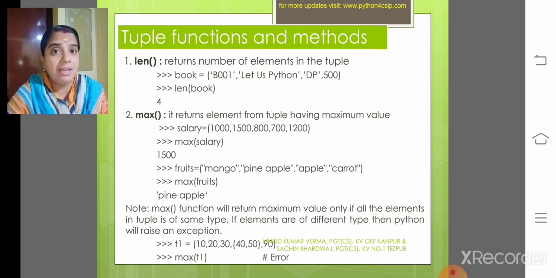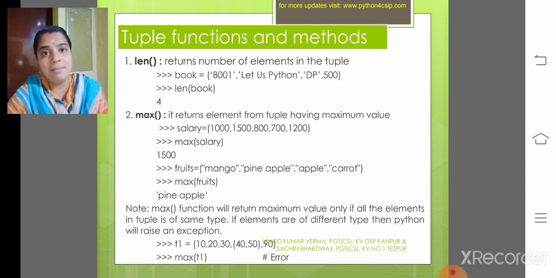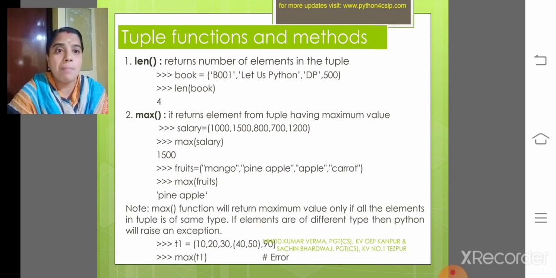Then if you check with alphabets or strings, it will take the one with the maximum ASCII code. Look at the example I had given: mango, pineapple, apple and carrot. So it will retrieve pineapple.